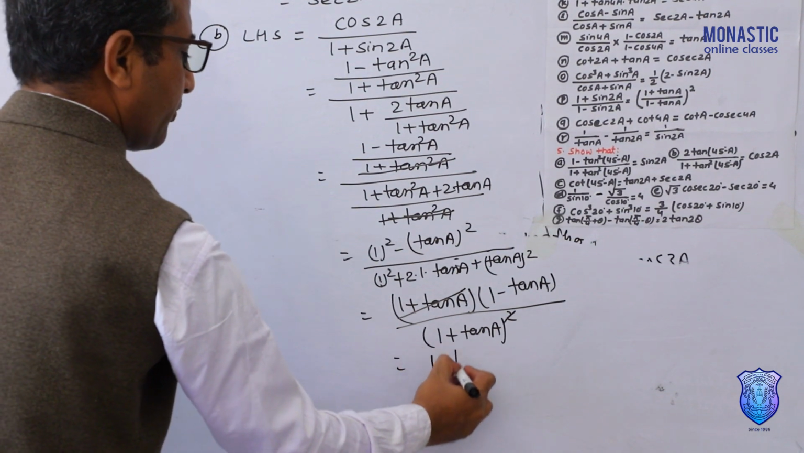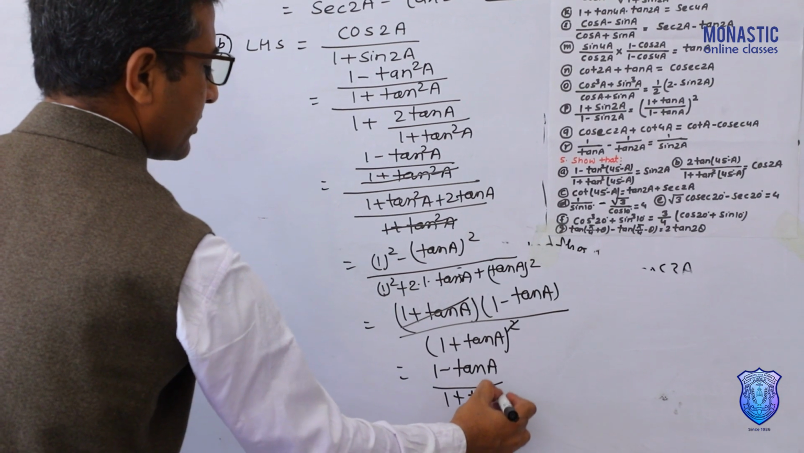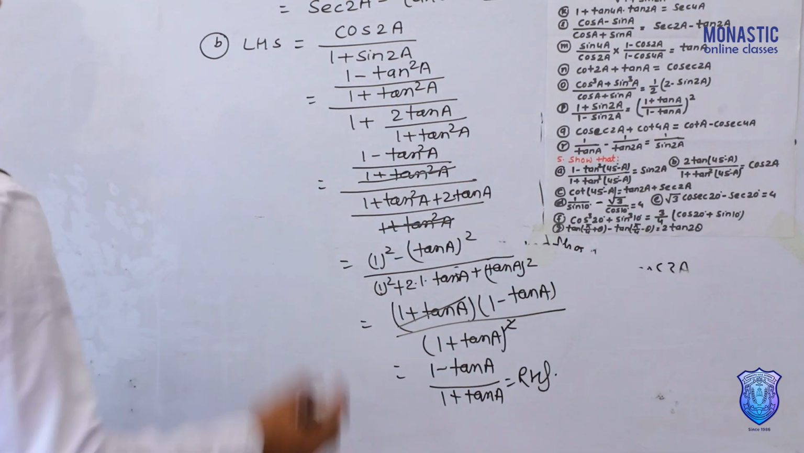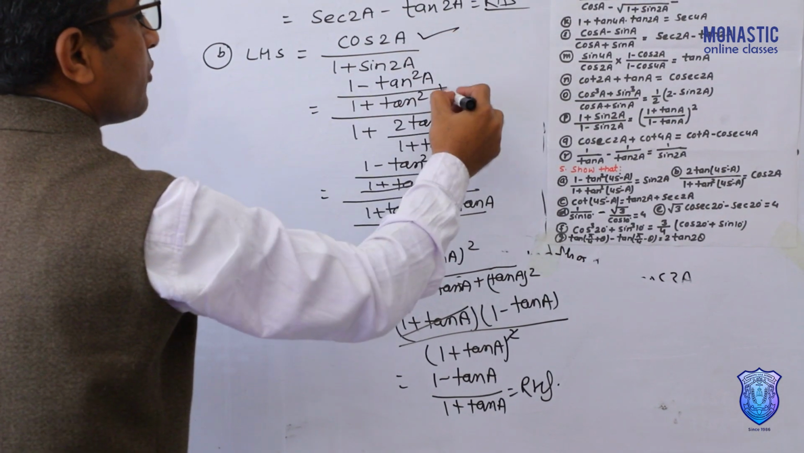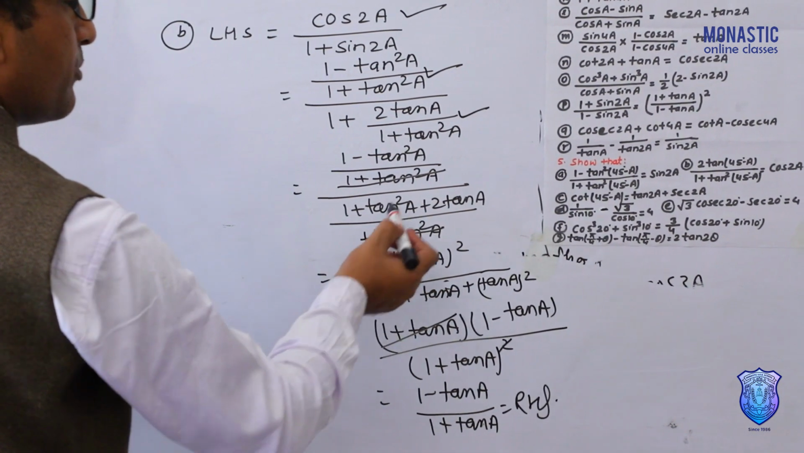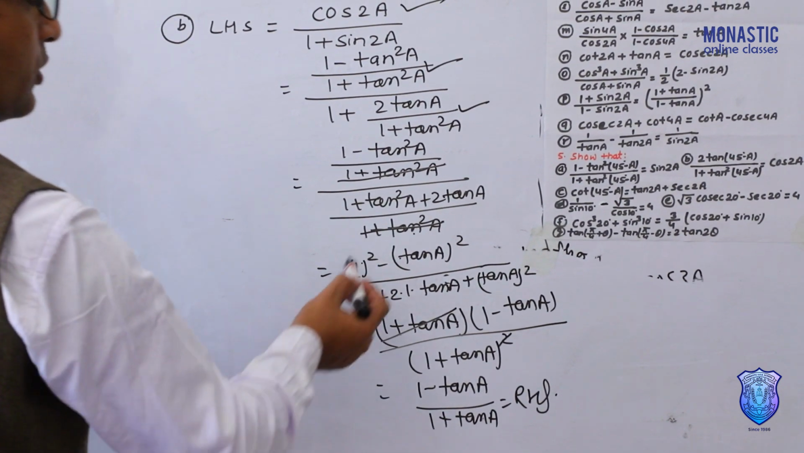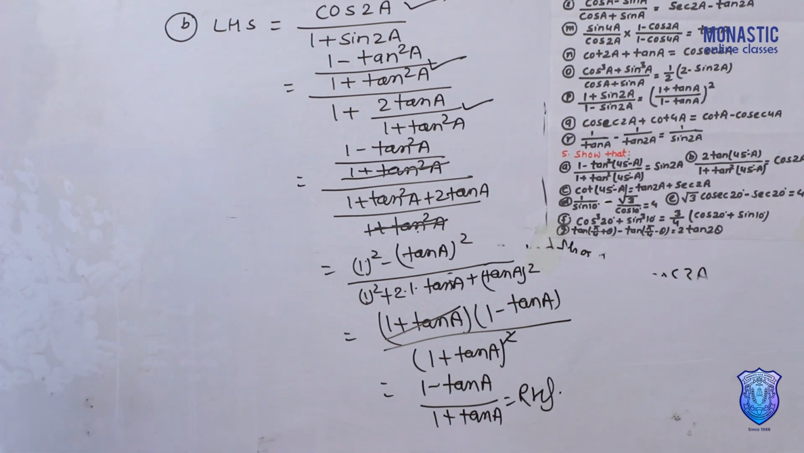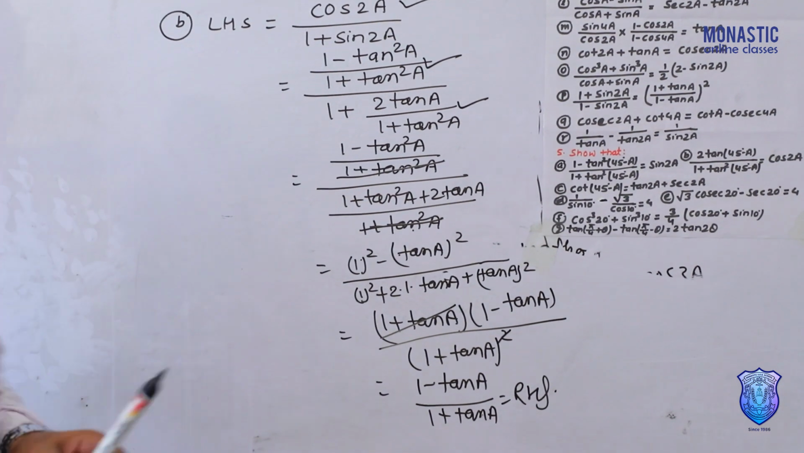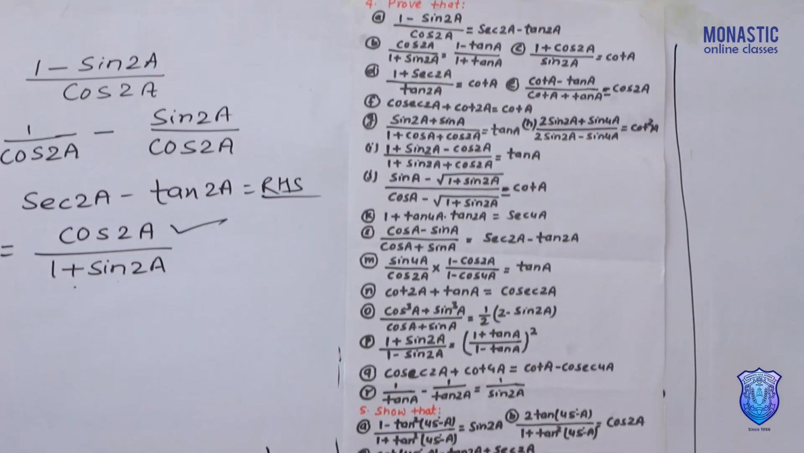Cancel these two. 1 minus tan a by 1 plus tan a. That's the result we want. Again, look at what we have done. First of all, we have written the formula of cos 2a and sine 2a. Then taking LCM, simplifying, what came in numerator and denominator? Do the simplification. Both are in formulas. Use the formula and solve. That's your result. For the second method of this question, what we have to do, first